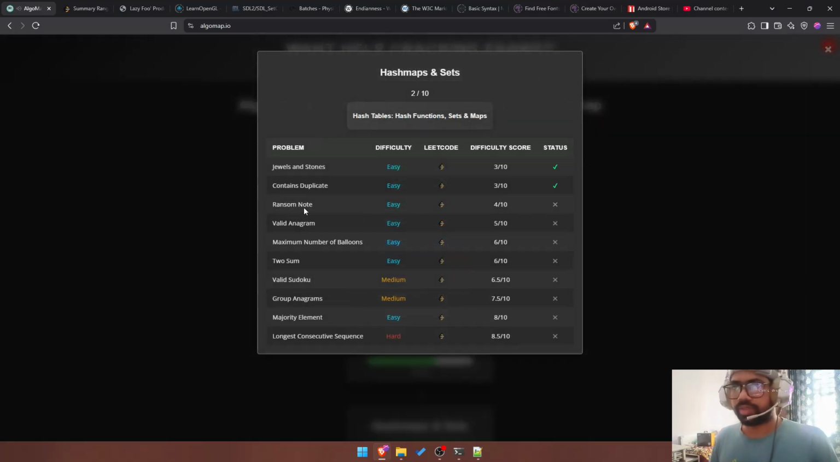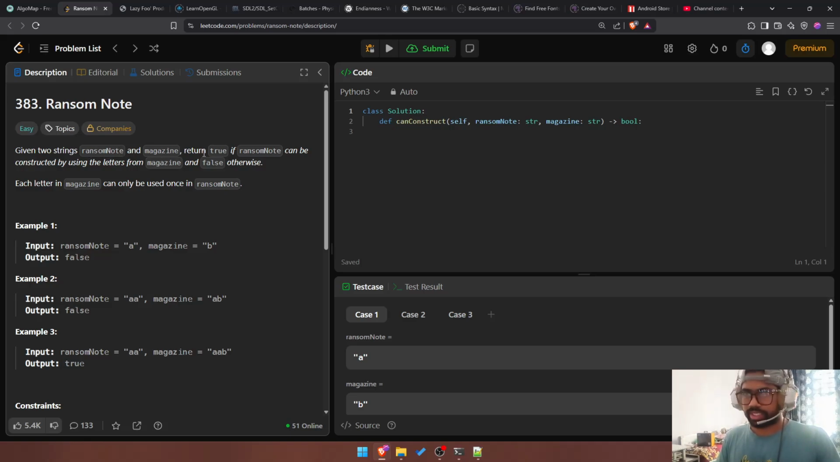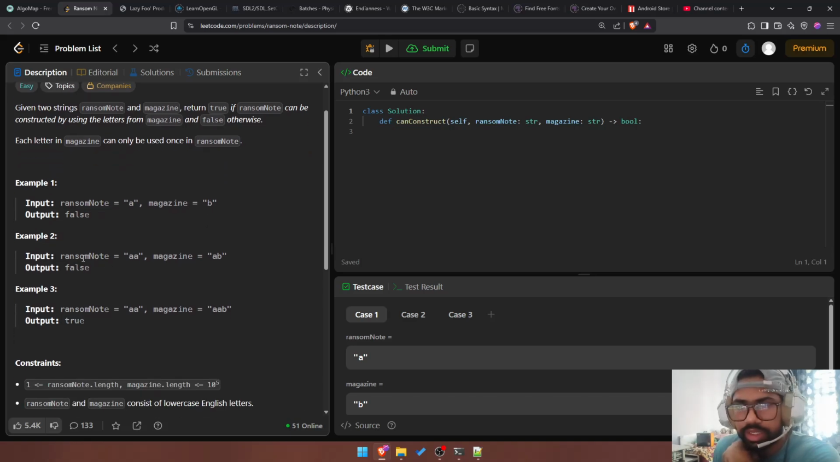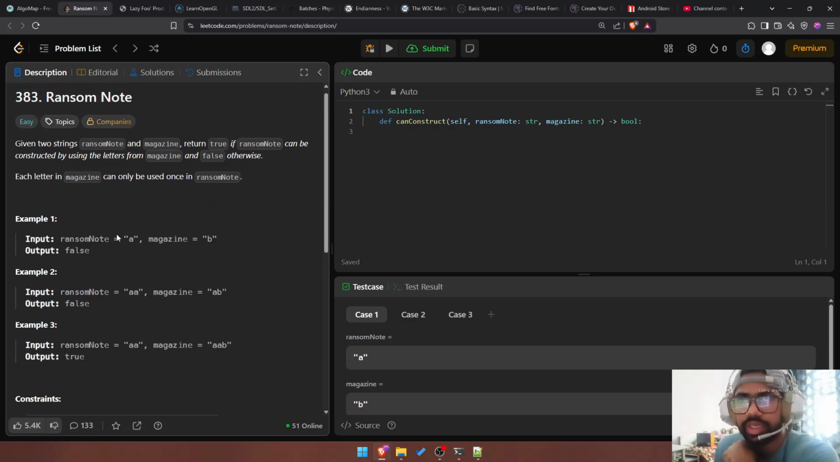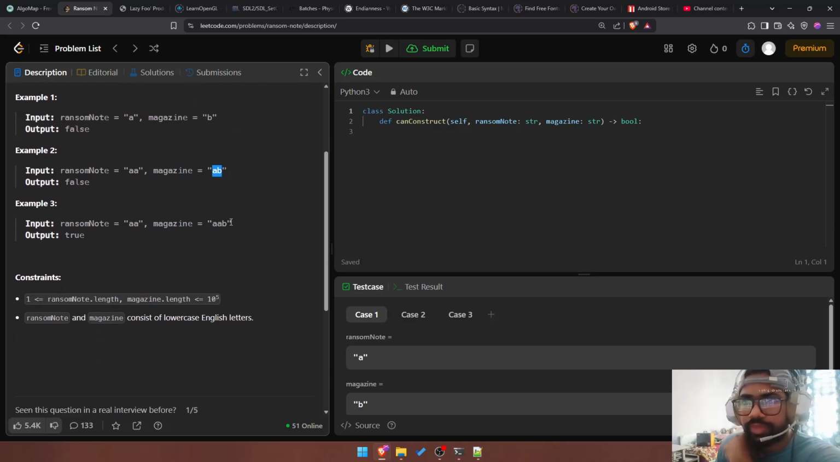Okay, nice. So let's begin with Ransom Note. This is my account. Okay. So, given two strings, ransomNote and magazine, return true if ransomNote can be constructed by using the letters from magazine, and false otherwise. Okay, so I'll just put them in a